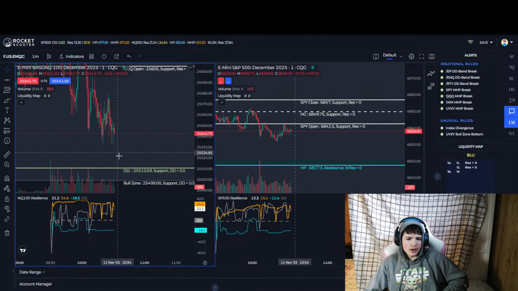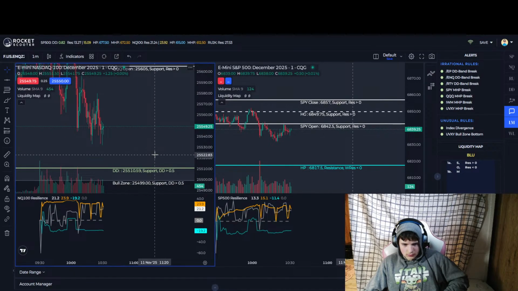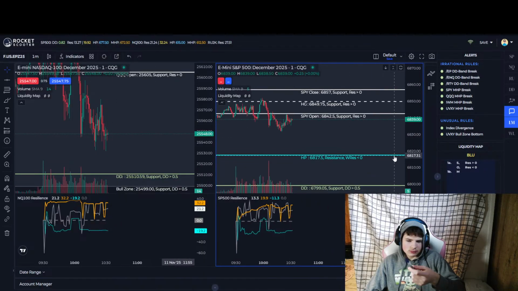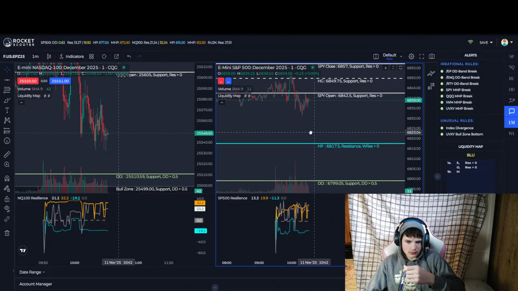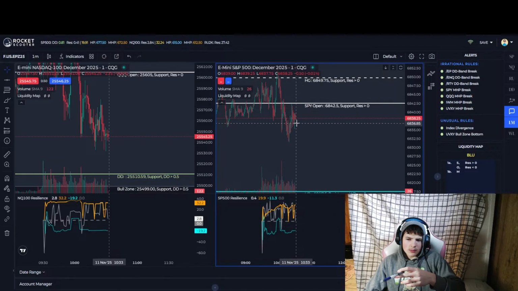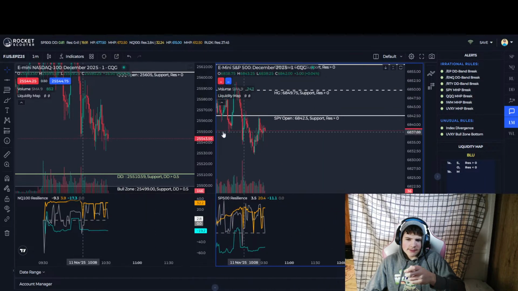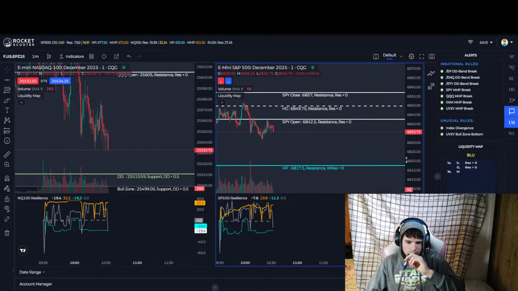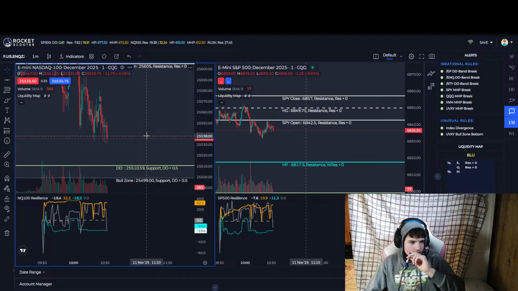Feel like I should just buy right here. That's 30 points down if it actually shoots down. If I was going to trade right now, I'd be trading NQ because ES doesn't have much. Usually you can see there's the same type of movement with ES and NQ. Alright, come on, just go down a bit.